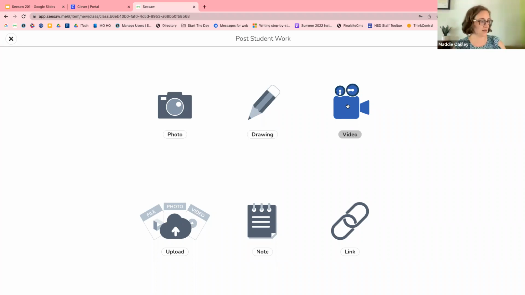One of my favorite things that I've ever used Seesaw for was I had a year where I was teaching first grade and I had a larger group of students that I knew in my class were new to my school. And I was like, oh man, how are they going to know? I had a few emails asking, what do they do when they get off the bus? How do they do this? How does this happen? And I just took my iPad, turned on video, and walked around the school from the perspective of